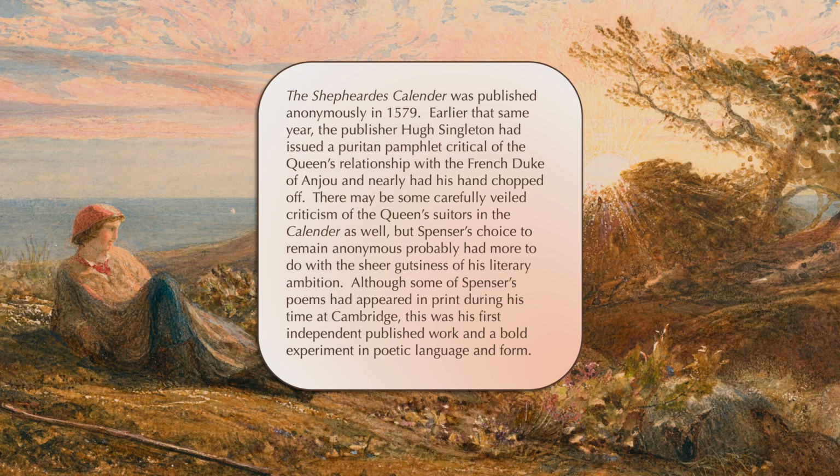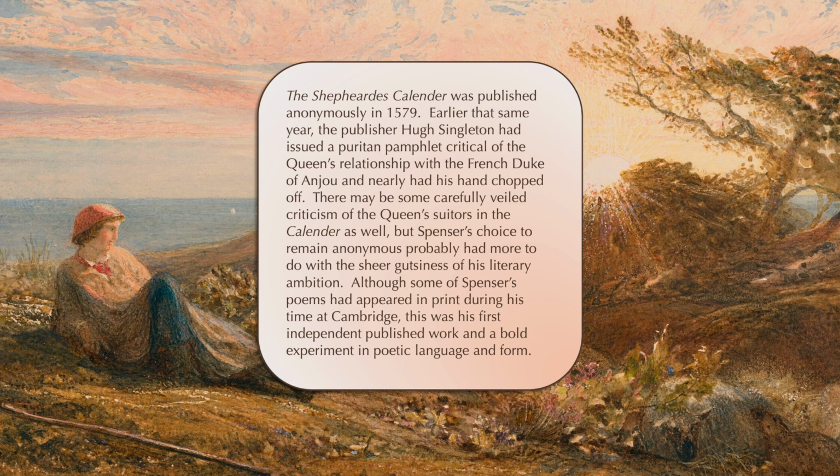So the Shepheardes Calendar was published anonymously in 1579. So the same decade as Gascoigne's Hundred Sundry Flowers. The publisher, Hugh Singleton, was an interesting figure. He had issued a Puritan pamphlet critical of the Queen's relationship with the French Duke of Anjou, which many